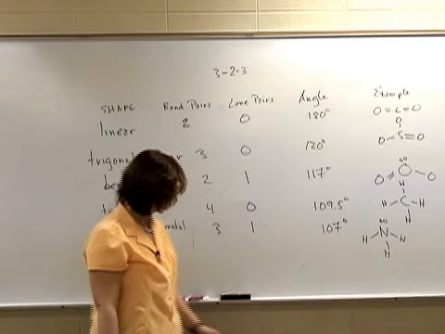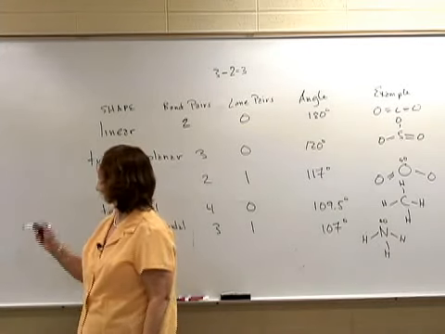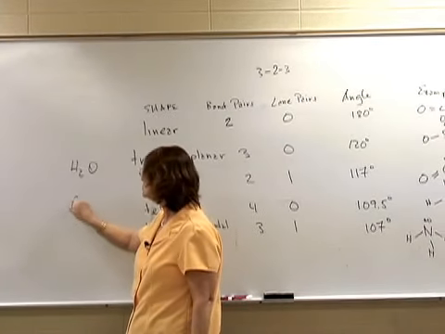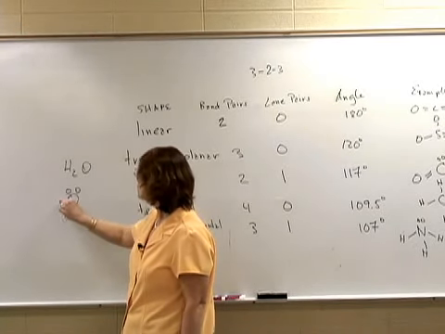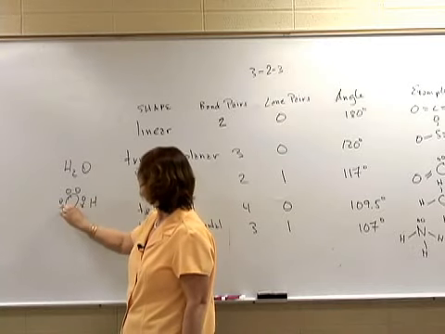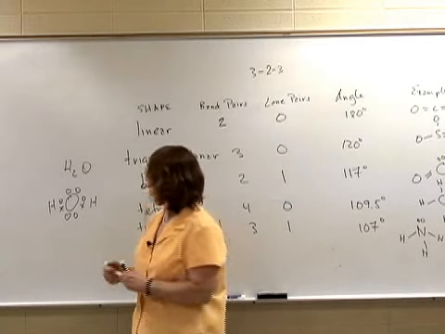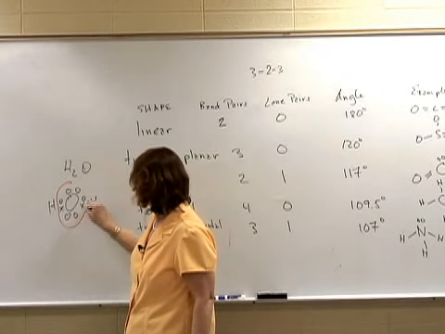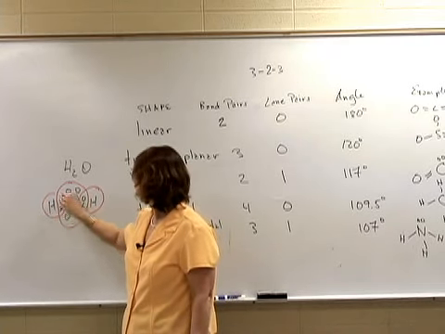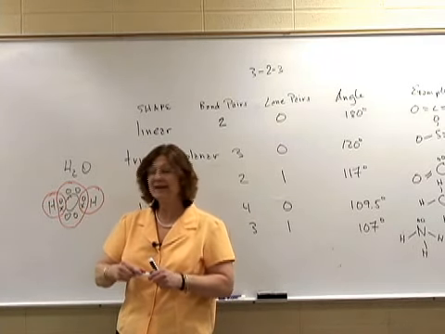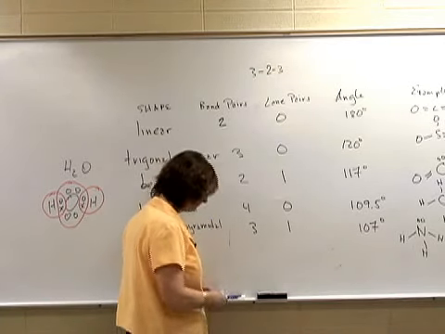Finally, the last one is water. Water is H2O, and oxygen is in the middle. And oxygen has 6 electrons, and hydrogen has 1. Now, it looks on my diagram that the lone pairs are above and below because we're talking about a 2-dimensional diagram here. But you remember, we said that it is not like a 2-dimensional. And when we look at this,